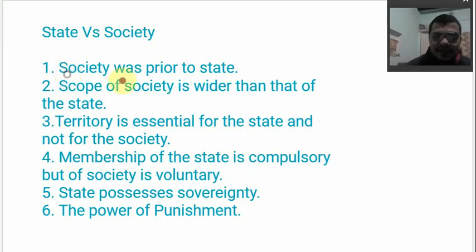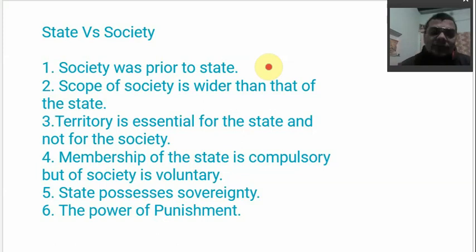So we are going to check these 6 points and understand why state and society are two different things. Society was prior to state. Society came first, and then humans decided that we need a government, we need a common authority, we need to get organized, we have to work in accordance with our common collective actions, and then the concept of state came. So first, whenever people start living, like 10, 15, 20 people or 1000 people living somewhere, they are part of a society. But they may not be politically active, and when they become politically active, then they make a state. So society is first and then is the state.